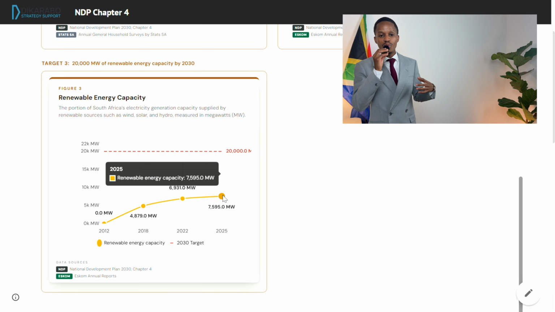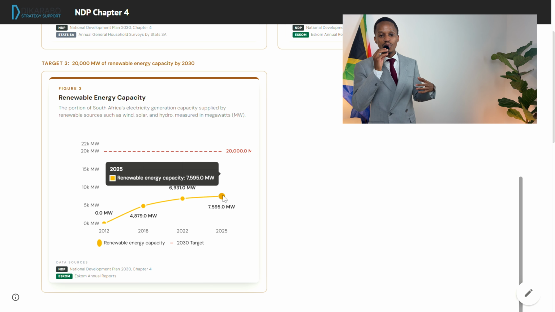Improvement from 2012, when 0 megawatts of energy were being produced in a renewable manner at that time. There was the introduction of the idea of renewable energy and building that type of infrastructure in South Africa. There's been a pretty active push toward that, but simply not good enough to reach the target which was set in 2012.